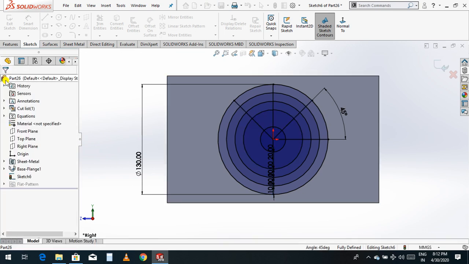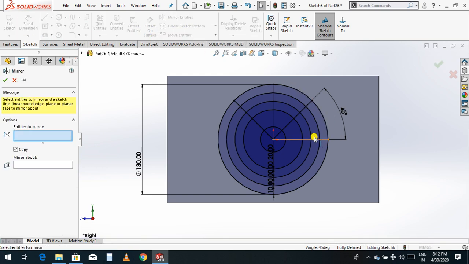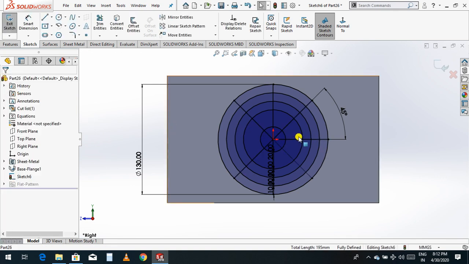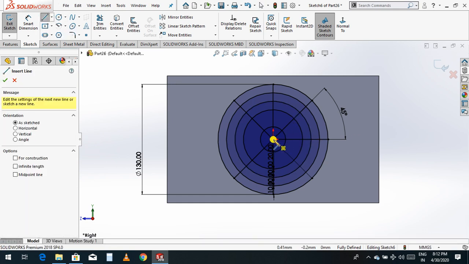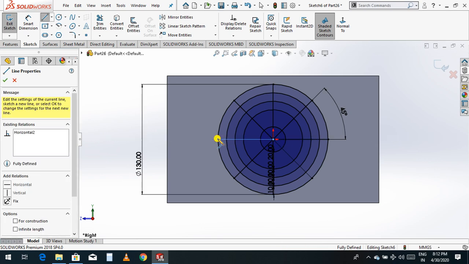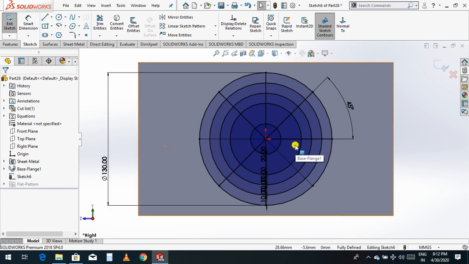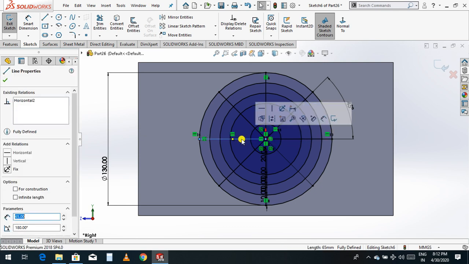Select OK. Again you take the mirror entity and select this line and this line by reference of mirror about this line. Select OK. Now this line also you can extend. Select OK. Or else just delete this one.